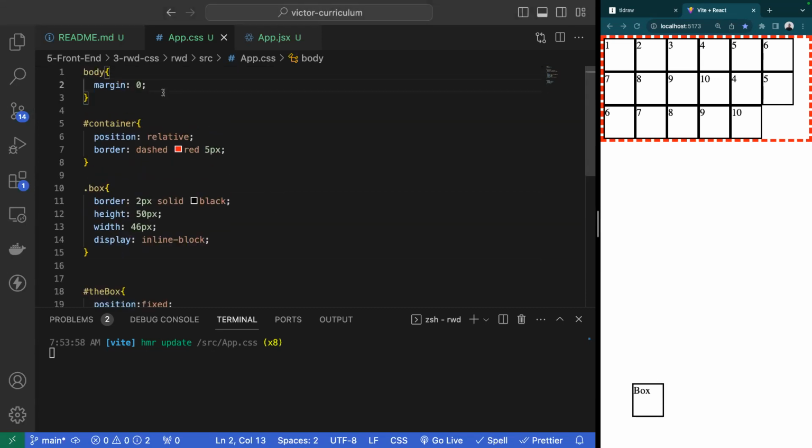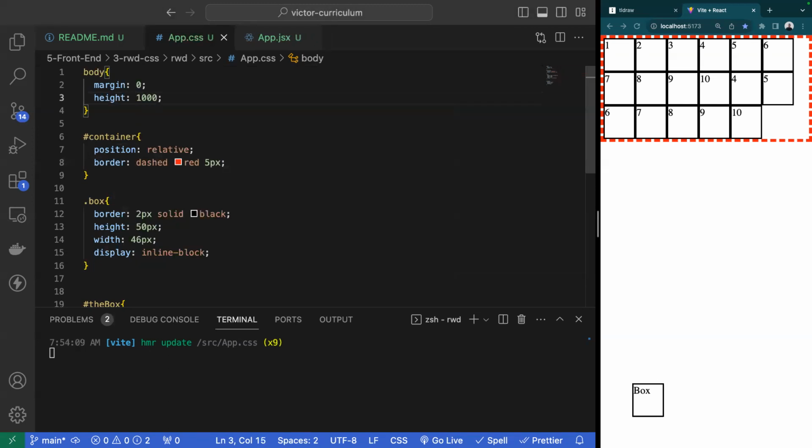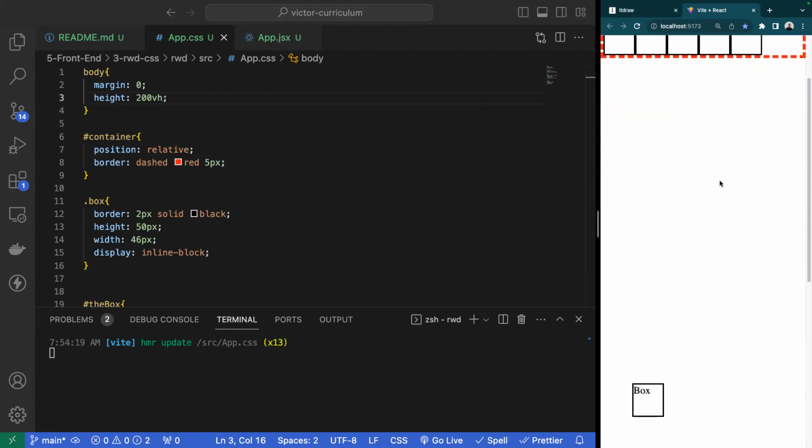And let's just give my body a height of, I don't know, maybe 200 view height. Okay, well, we see that it created the scroll bar, right? Well, now as I start scrolling down, we can see that this box is maintained and it stays on the bottom left-hand corner,